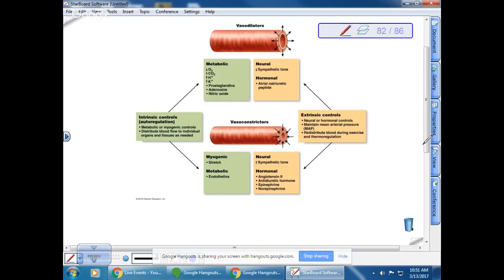Okay, so I have a handout. We're going to move to the lymphatic system. I mistakenly had two pages, and so the second page is blank, so I'm just going to hand them out because I didn't feel like ripping off the staple. You can use your blank page for whatever you want to use it for.